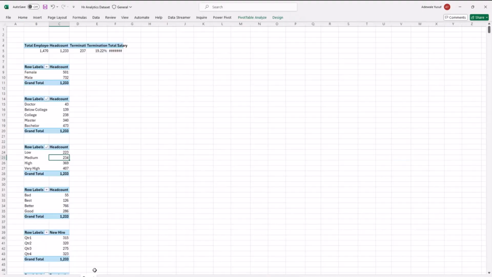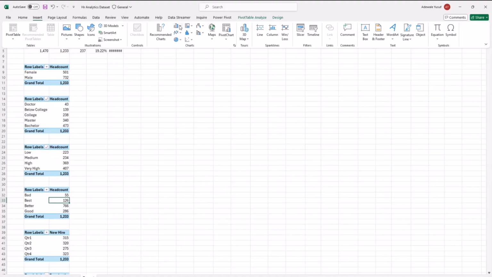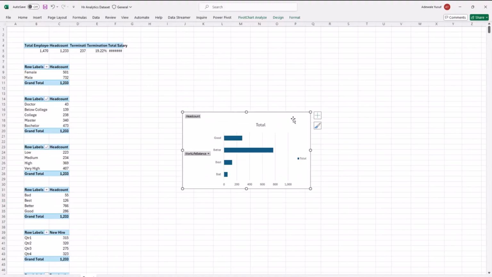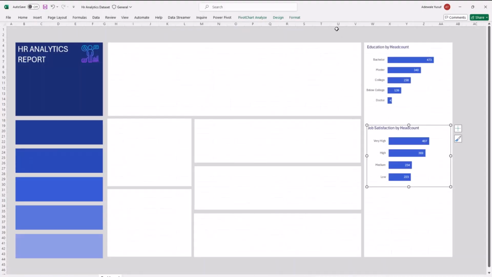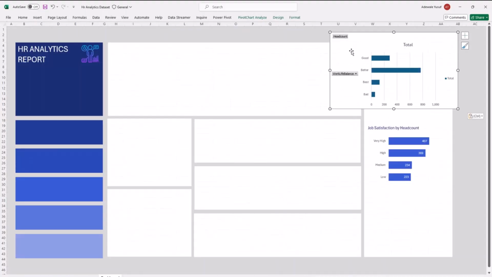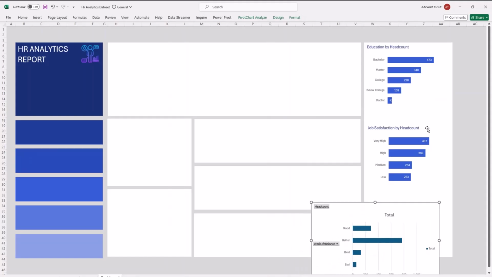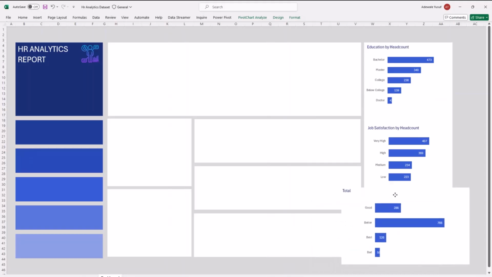Let me go ahead and create the third chart. The third chart is talking about the work-life balance. So I'm going to insert again, then I'll go here and also select this bar chart. Remember, I don't need to do anything because I've done it before. Once I click out first before you paste, so you don't paste on that chart, then I click on this, copy, and just paste, right?